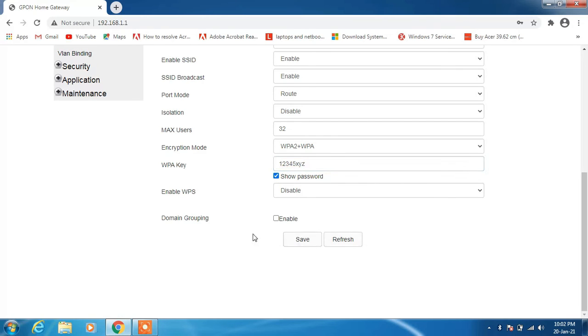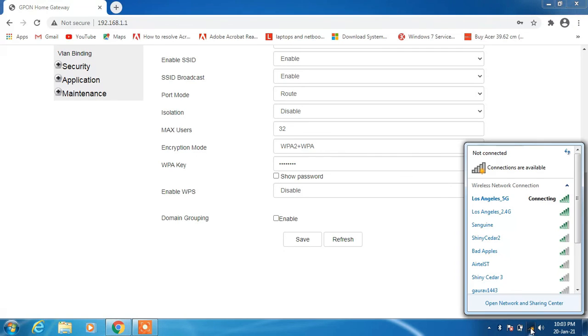Now just click on the save button. You can see that my internet is now disconnected because I have changed the password. Now uncheck this show password and you have saved the password for the 5G network.